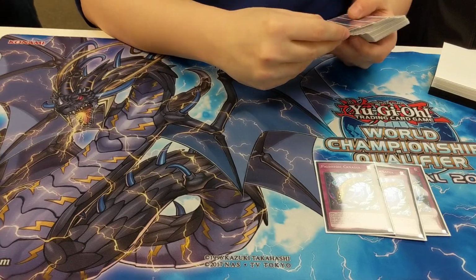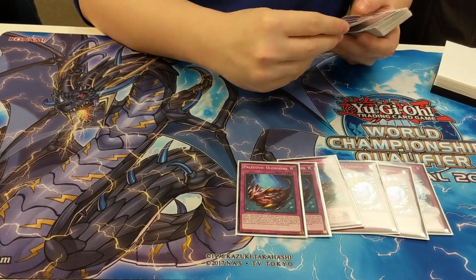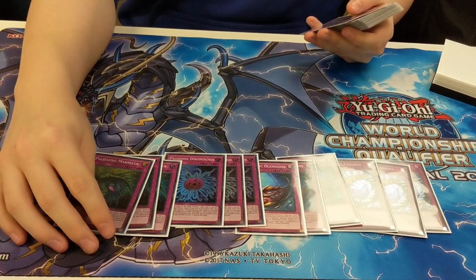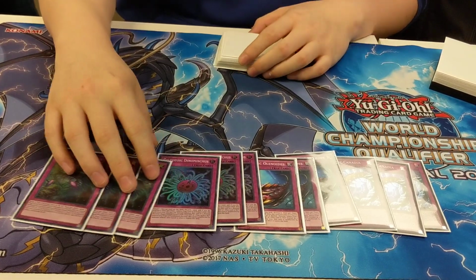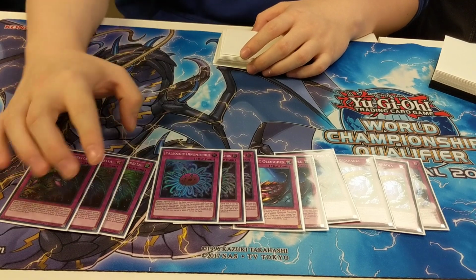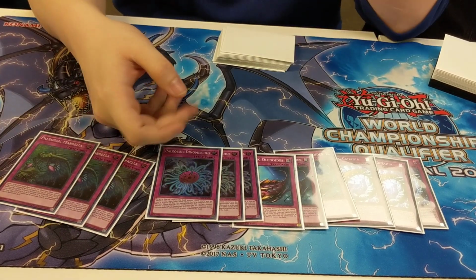3 Canadia, 3 Olenoid, 3 Dynamiscus, and then 3 Morella. This card is very good. Very, very good. Kind of meh. You have to play 3 because Thunder Dragon exists, and you really can't beat